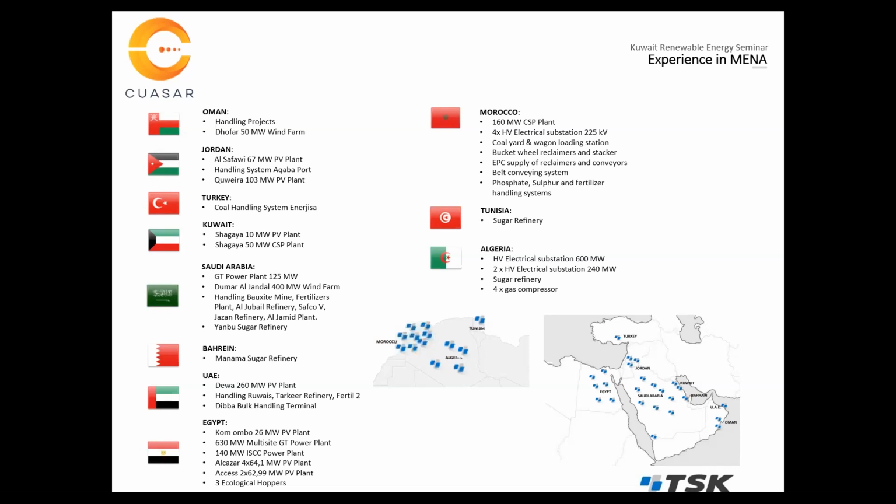Multiple investors from many regions participate. Of course, local Middle Eastern companies, but also European and Japanese consortiums. And TSK managed to be a successful bidder together with our partners from Saudi Arabia, and as I said, we became the contractor and the technical partner in the scheme. So, as you can see, these are all the activities that TSK is active in across the Middle East region, mainly in the renewable space, but also in some other areas.